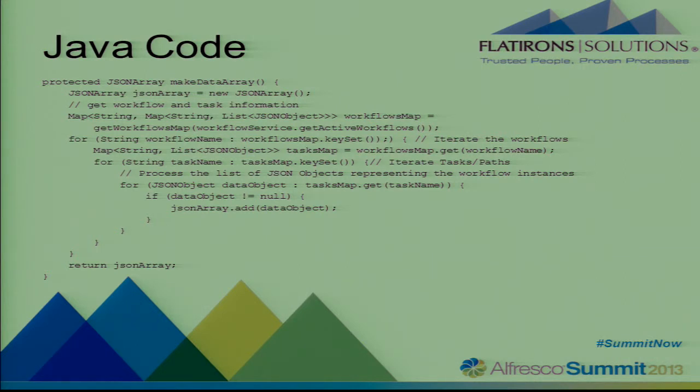So we're going to build up a map of maps, in effect. The map of maps is going to basically be keyed on the workflow instance. And then within the workflow instance, we can have multiple values that we're going to store. And then we're going to get that and convert it into the JSON. So for each of the workflows that we process, each of the workflows that we get from the workflow service,